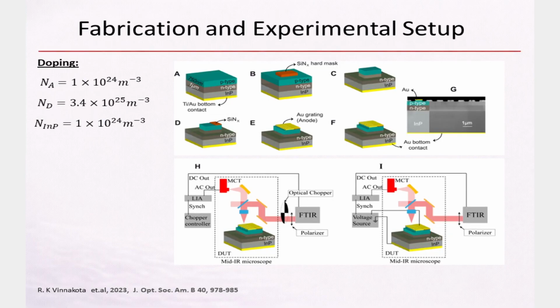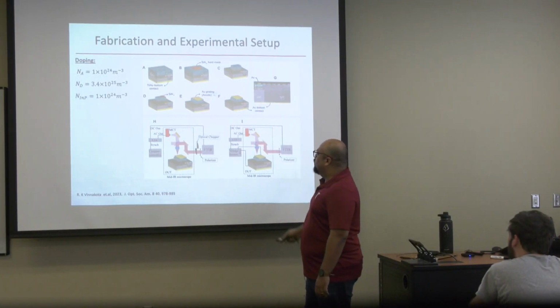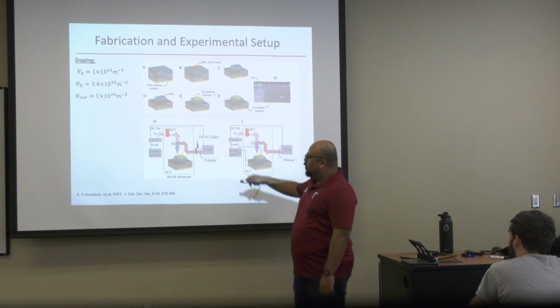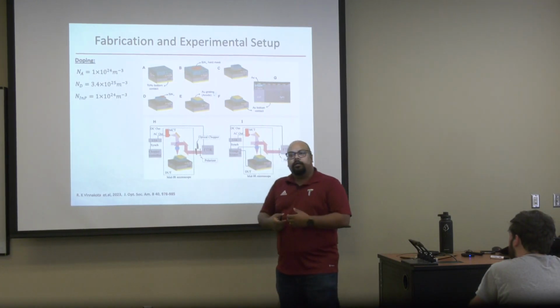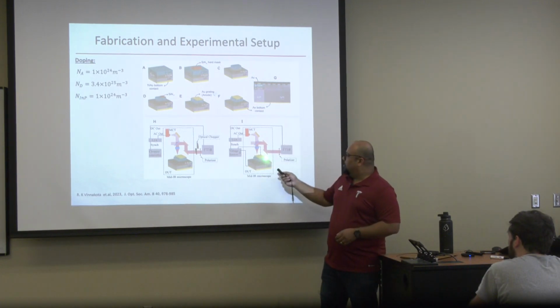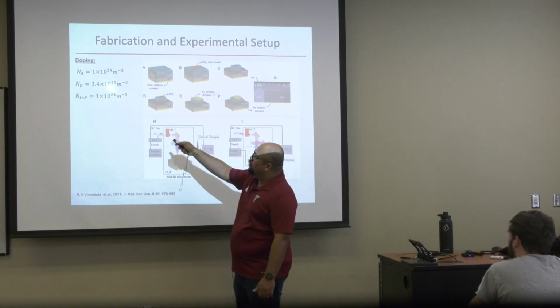This slide helps us understand how we fabricated. We haven't fabricated here; we fabricated in UT Austin. UT Austin has done all these fabrication aspects. This tells us the entire flow of fabrication, and these two tell us how we launched the SPPs and then detected the modulation of SPPs under the application of electrical voltage, you see. And these are the doping concentrations we have used.